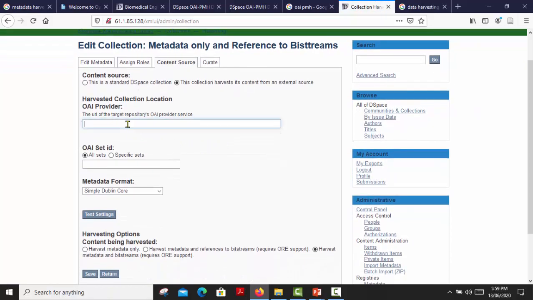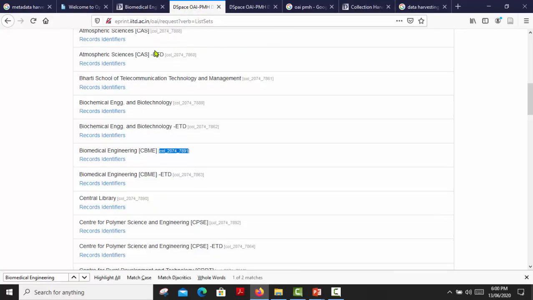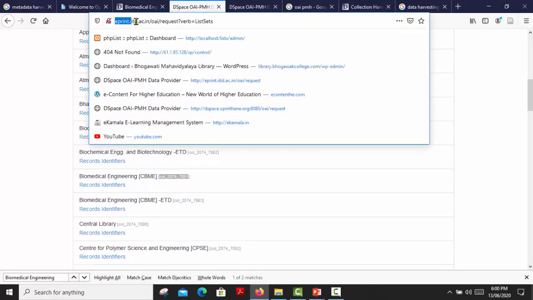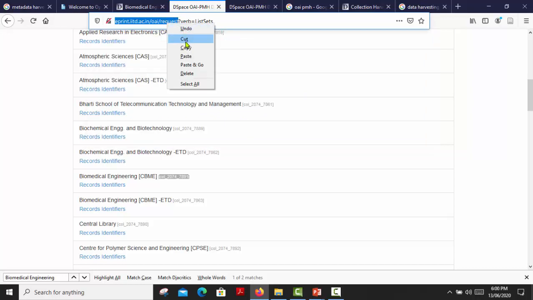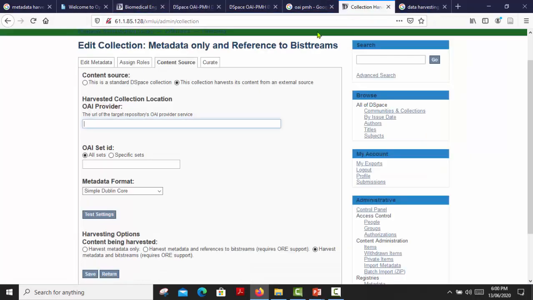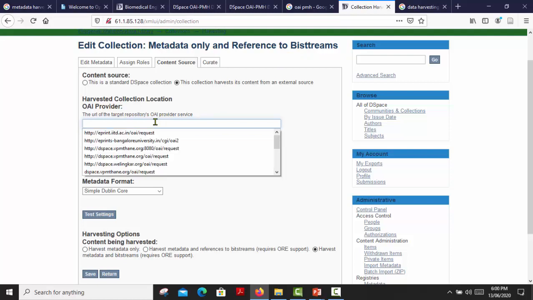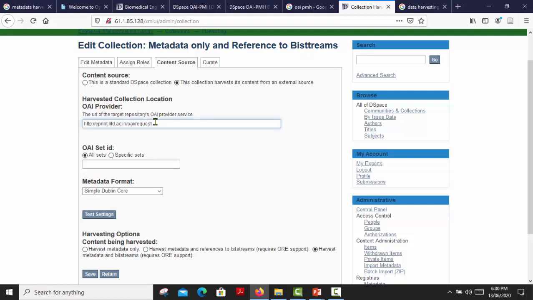We have to give the address or URL of the target repository. Our target repository is the IIT Delhi repository, and our address is here, that repository plus OAI request. This is our URL.